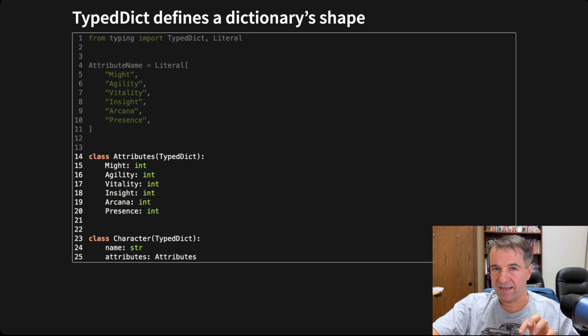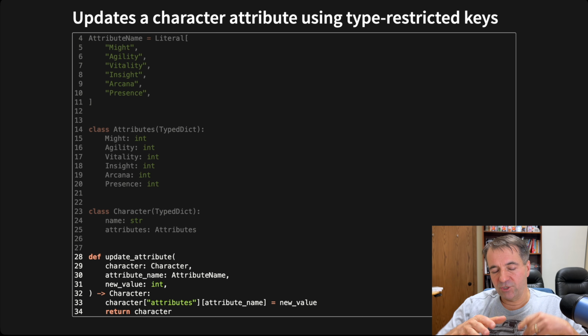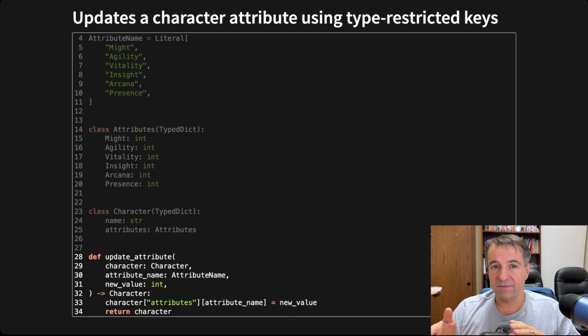Now what you're seeing here is Character that incorporates the previous TypedDict. So you're building a TypedDict which incorporates the previous TypedDict. And now I'm changing the update attribute function. This is what it would look like, a proper version of it using proper type annotations. So now if I look at this spec, I can see I need to send in a Character object, and if I hover over that, I would be able to see the spec of what I need to send in. Attribute name would be one of those literal values that I need to send in, and I'm going to be returning a basic type, int, is what the function will return.